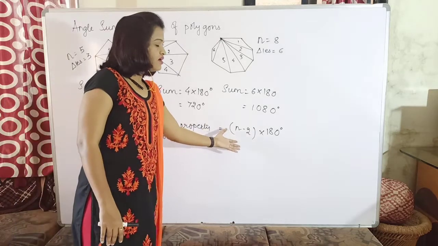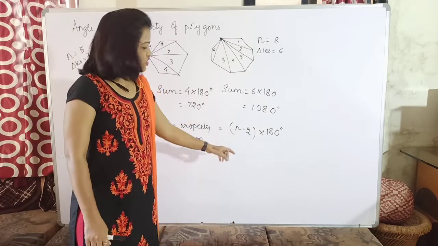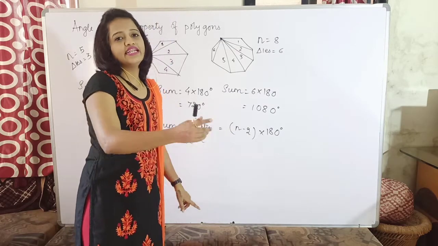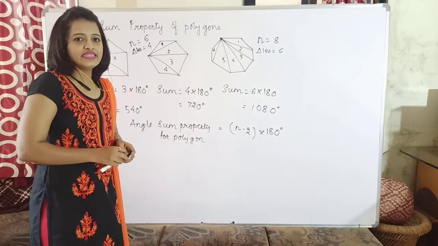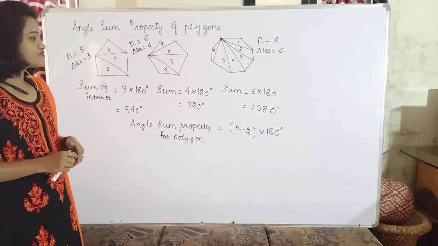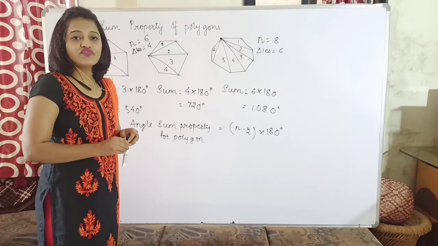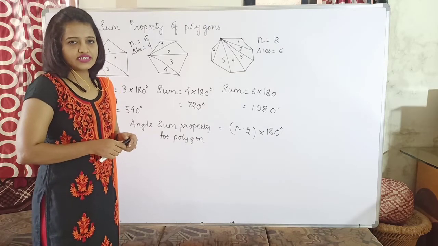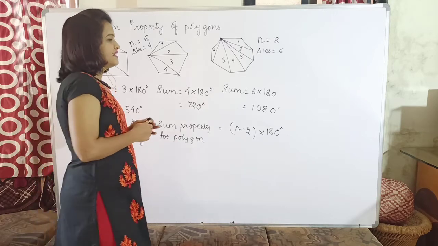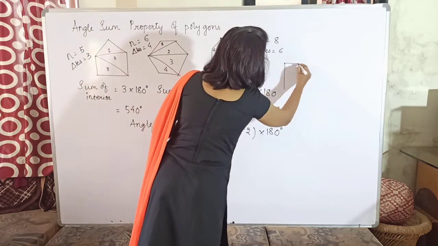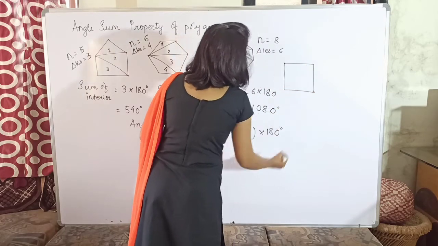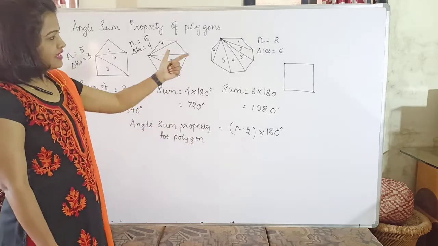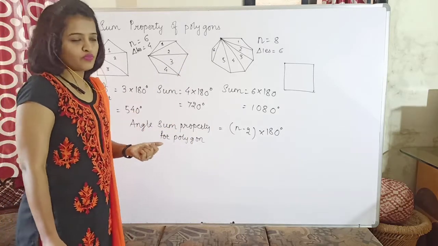If I give you that the figure is a decagon, so 10 sides, here I will replace n with 10, so 10 minus 2 will be 8, and then 8 into 180 I will get the sum of the interior angles. Now as we have seen, in case of a regular polygon, all the interior angles are of equal value. Suppose I take a quadrilateral. Now, is this a regular quadrilateral? Yes. Why? Because all the sides are equal and all the angles are equal. So yes, it is a regular polygon.